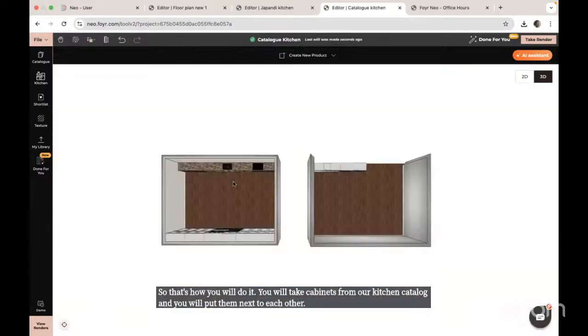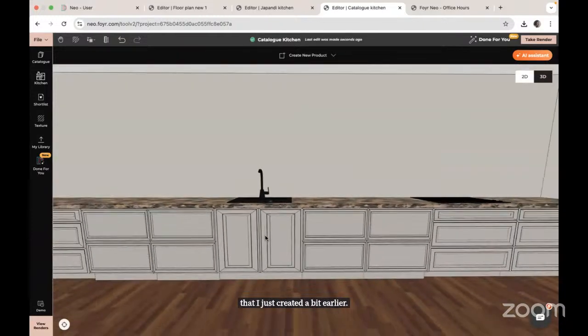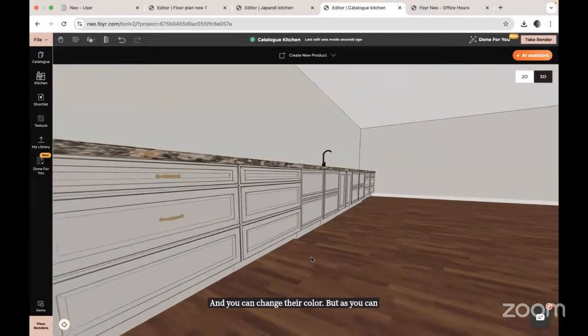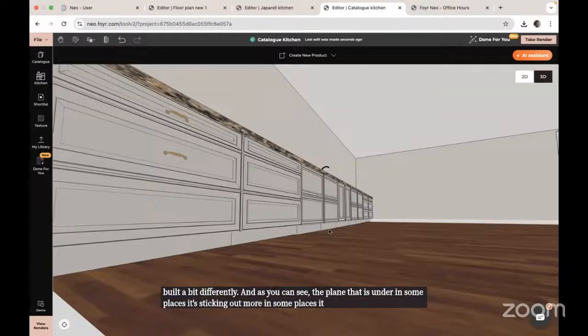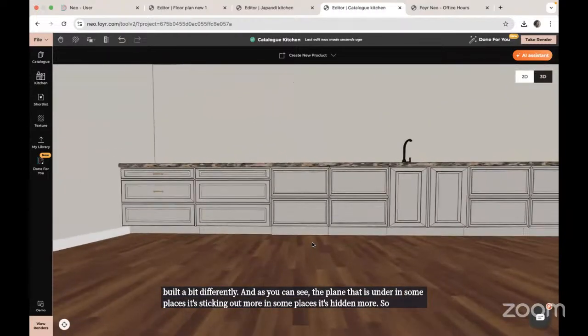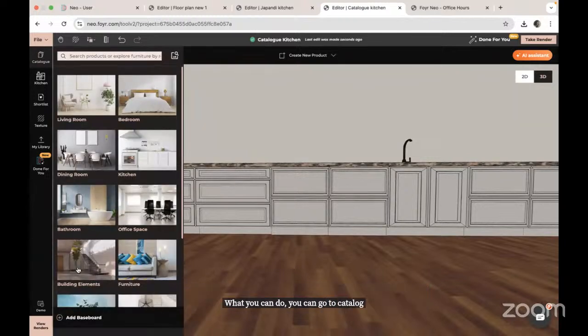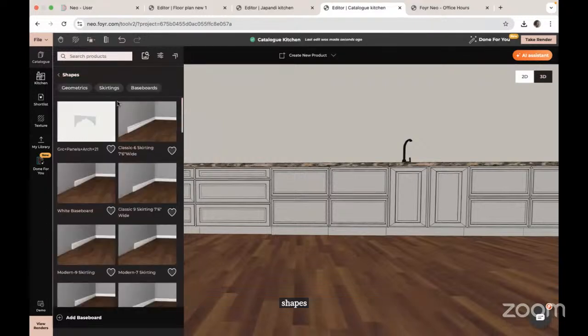Now, if I go back to this one that I created a bit earlier, you can change their color, but as you can see, some of them might be built a bit differently. The plane that is under them sticks out more in some places and is hidden more in others. To fix that, you can go to the catalog, to building elements, shapes, and we can